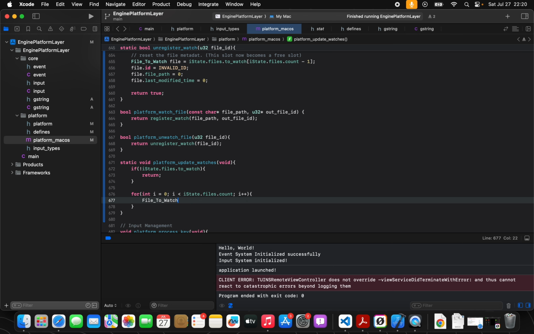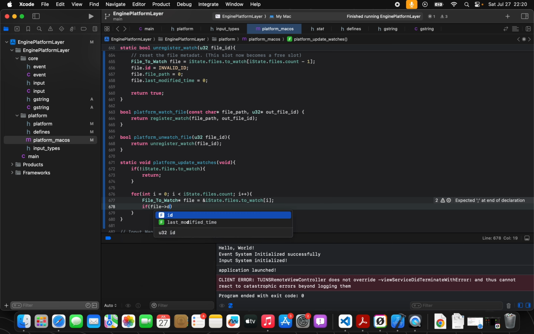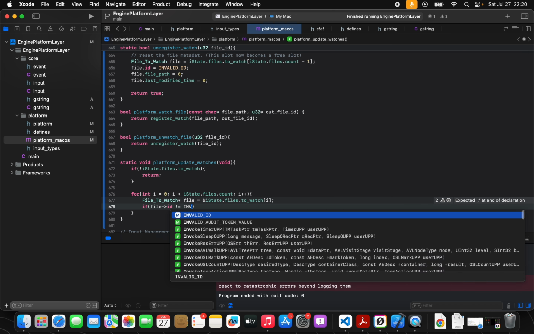And then inside all we want to do is have a reference to the file to watch. So I'm going to make that a pointer file. It goes to istate, should be a reference, so istate files to watch, and I want the file at that index that I'm watching, and then we're going to do this. So if file.ID is not equal to an invalid ID, meaning that we have a valid file, then